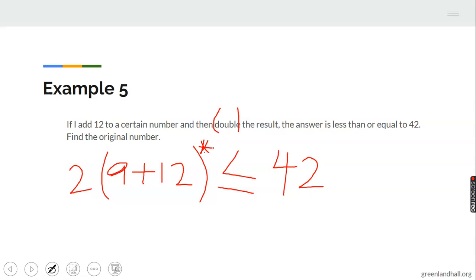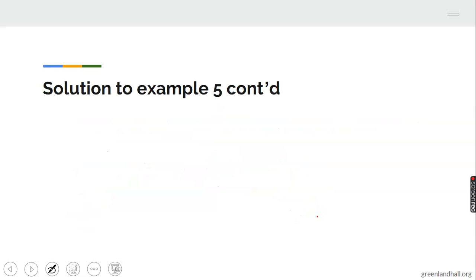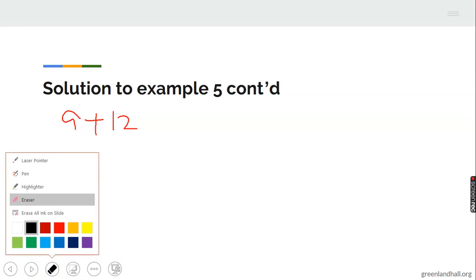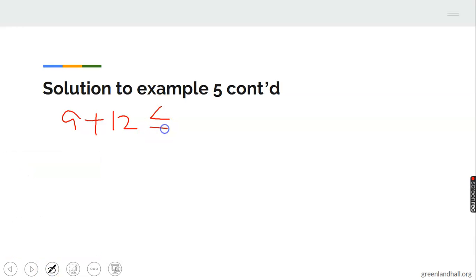So what are you looking for now? You are looking for A. Now, since this is 2 here, instead of opening the bracket with 2 and complicating issues for yourself, why not just divide through by 2? Once you do that, you are going to have A plus 12, which is less than or equal to